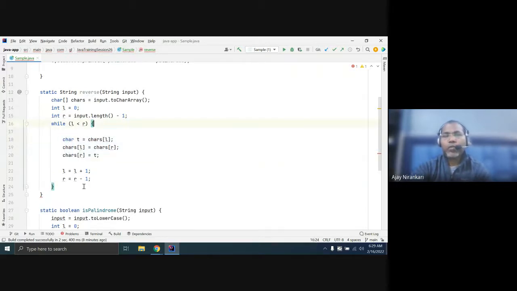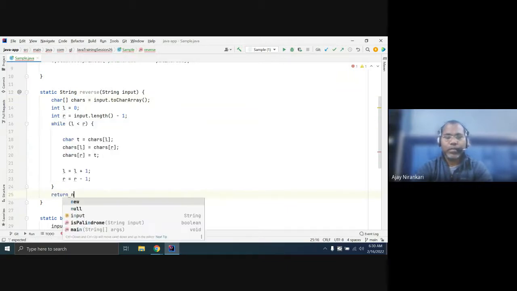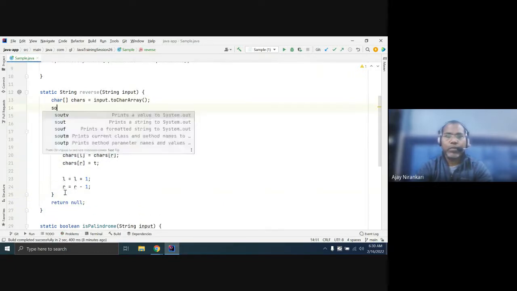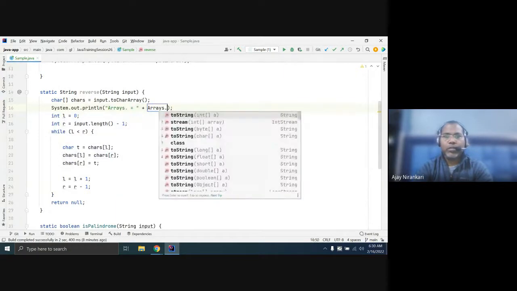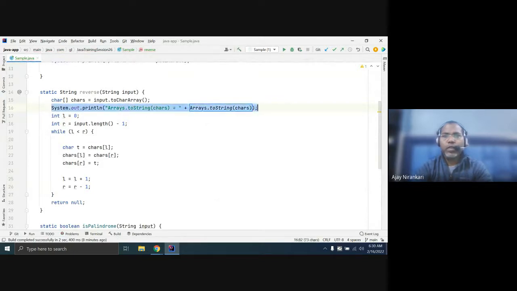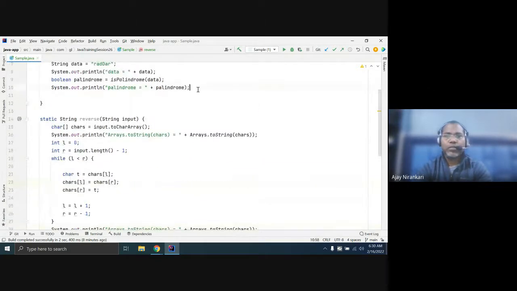And whenever the loop completes, you will notice. For now, I just return null and print the chars array here.